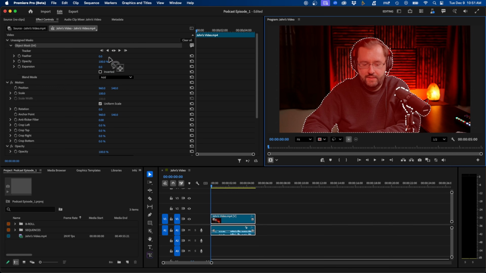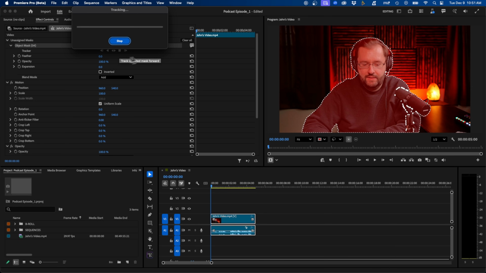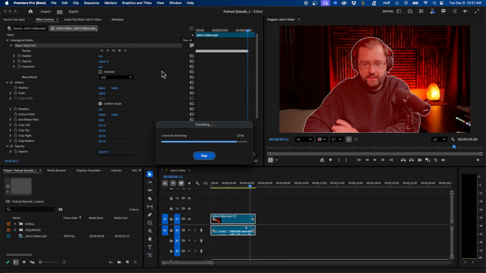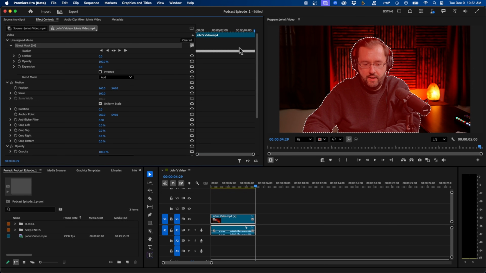Now what we can do from here is click on this play button to track forward the selection. And it will automatically rotoscope our subject out from the background. So if we click play, you can see that it's tracking forward and it's generating keyframes. Similar to the original masking tracking tool, it'll generate all these keyframes, and what you can do from here is